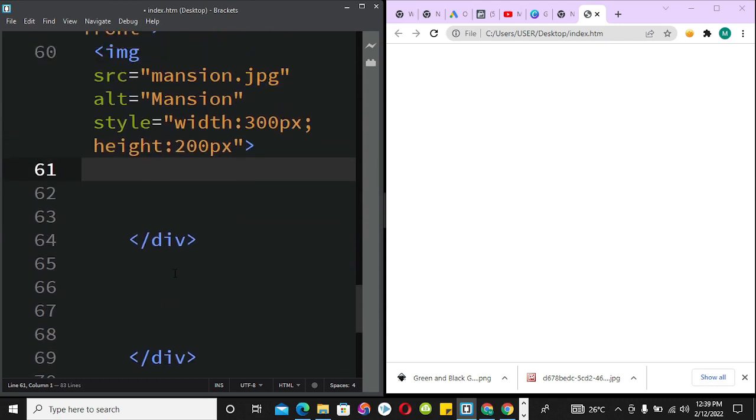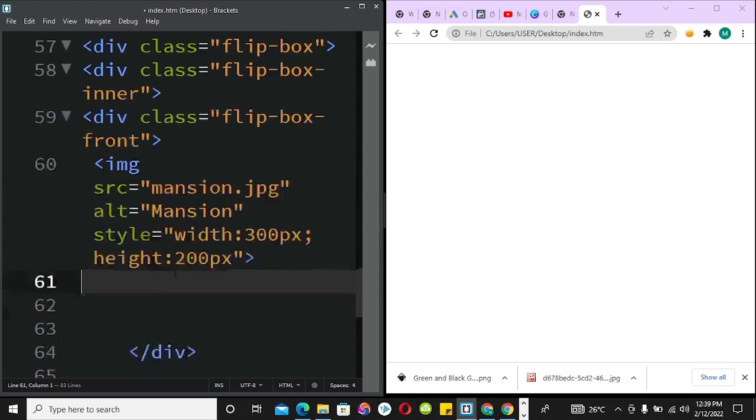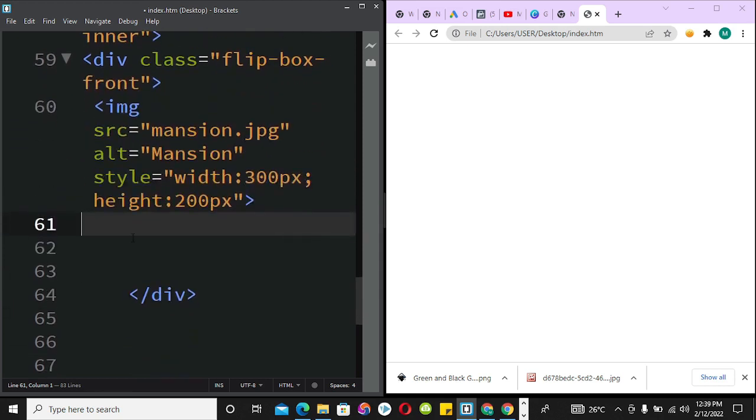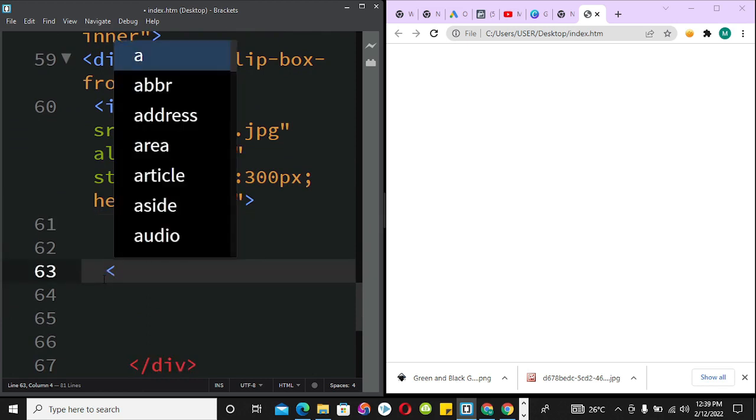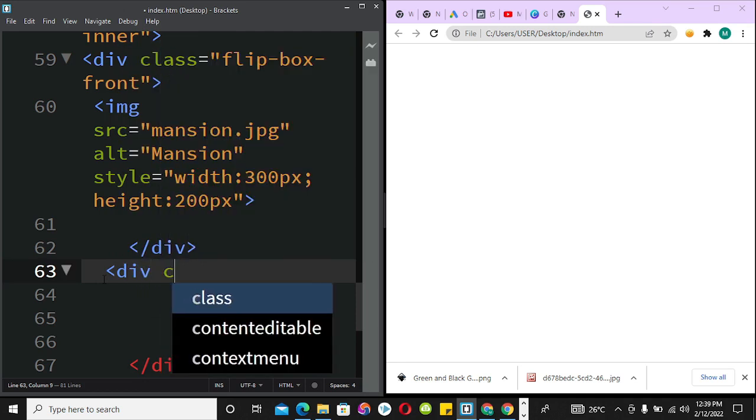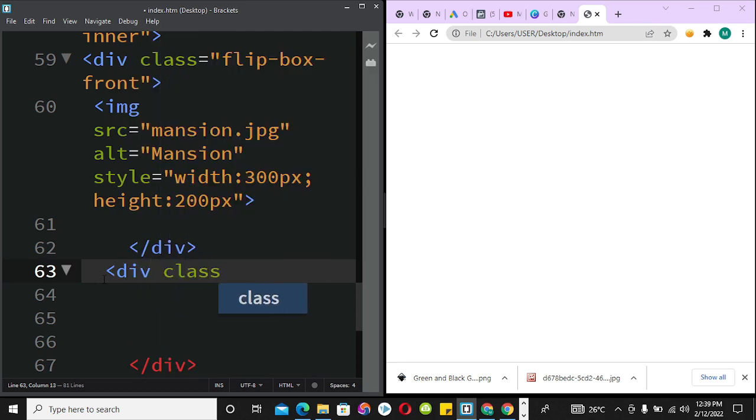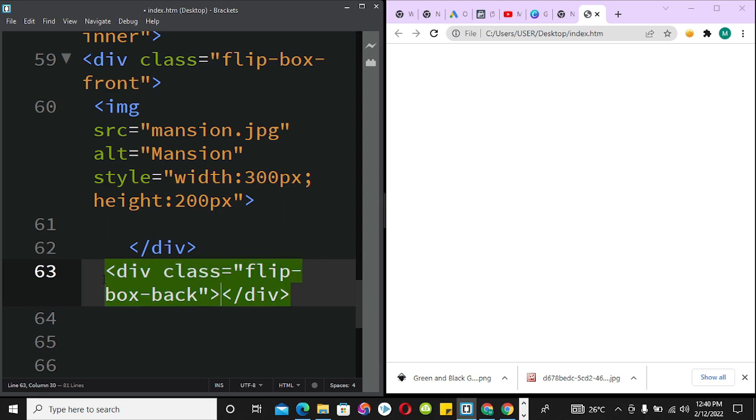So next I'm going to close the first container. Okay, we have closed the first container. So I'm going to come below here, and here we're going to introduce another container. I'll say div class equal to flip box back. Okay,